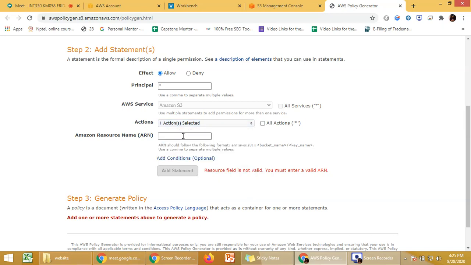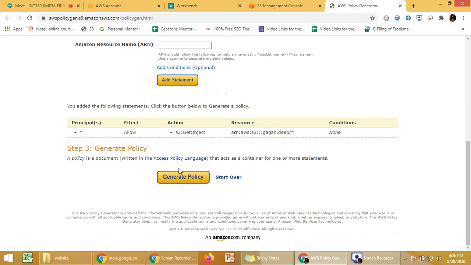After this, we need to put the ARN. Now if you have seen, I have copied some ARN from the back page. So you have to write that ARN. This ARN which I am writing also has a format given at this place. So you can use a similar way to write the ARN as per your requirement. After this you are going to put slash and key name. Key name is star because it is public. So just simply put this, add a statement.